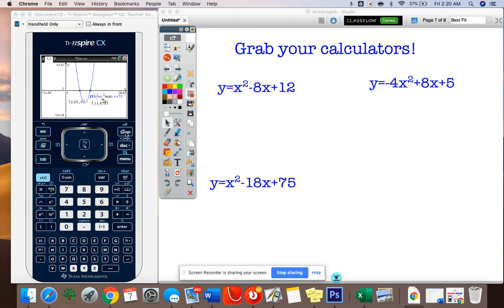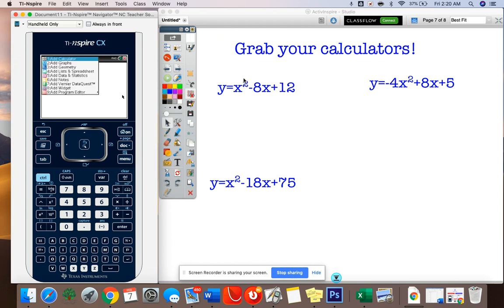Let's start a new document. So home, new document, no. This time, instead of finding the zeros, we're going to focus on finding the vertex, which remember is classified as a maximum or minimum. So first we need to graph our function. So I'm going to go ahead and graph x squared minus 8x plus 12